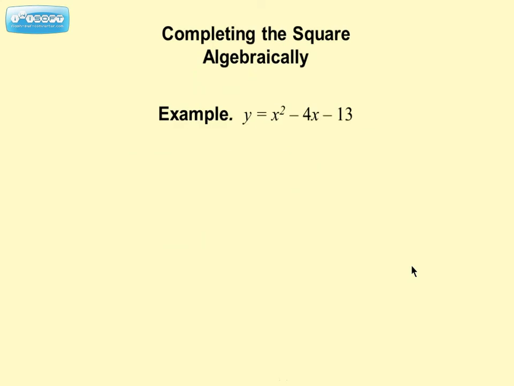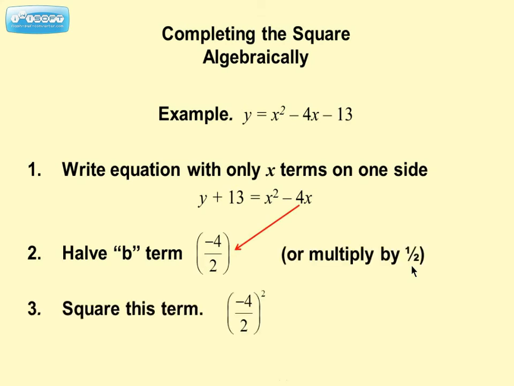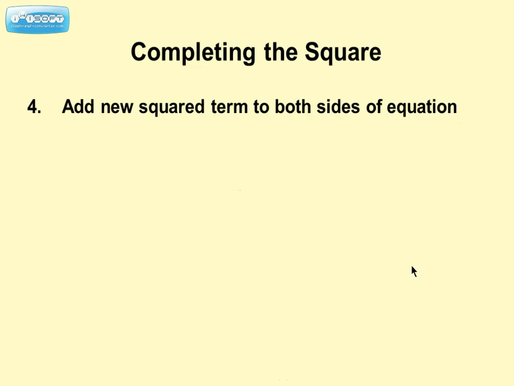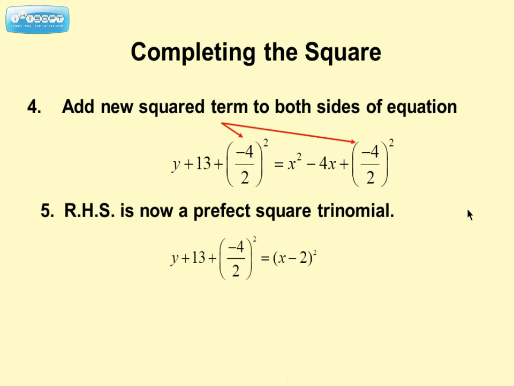Let's use our example y equals x squared minus 4x minus 13. To begin, you want the equation written with only the x terms on one side. We'll then have the b term and then square this term. We'll now add the squared term to both sides of the equation to keep it in balance. The right-hand side here is now a perfect square trinomial and can be rewritten as such, where negative 4 over